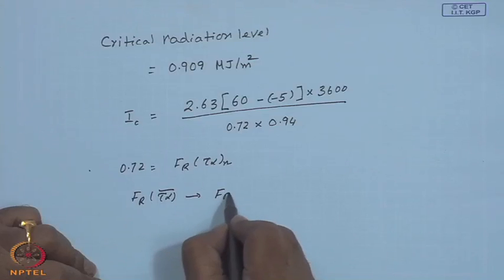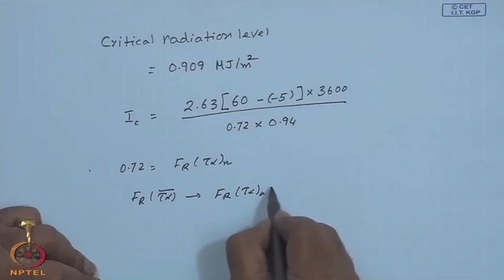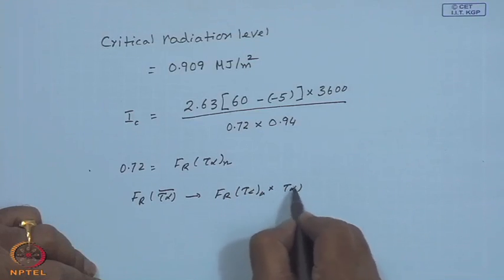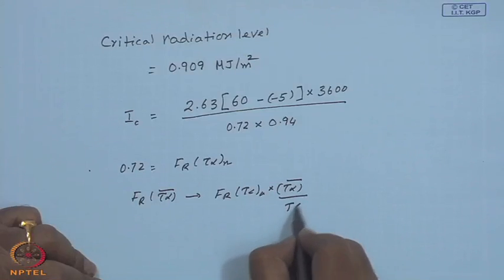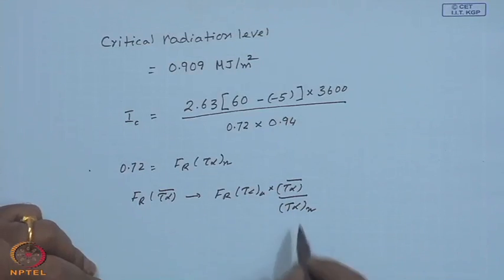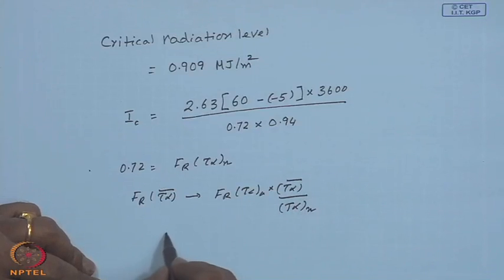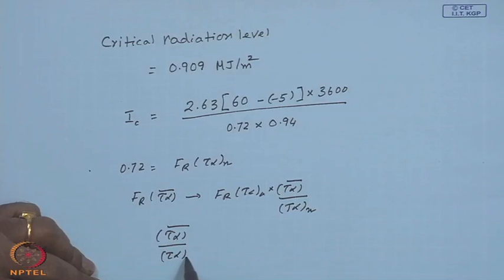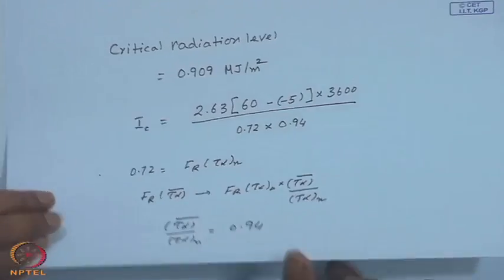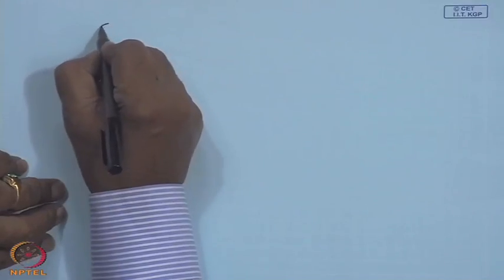is FR tau alpha n multiplied by tau alpha bar by tau alpha n. So, this tau alpha bar by tau alpha normal is equal to 0.94. I shall show the calculations for this, so that we will have an exercise in calculating tau alpha bar also. So, if you look at it this way, the absorbed radiation S bar